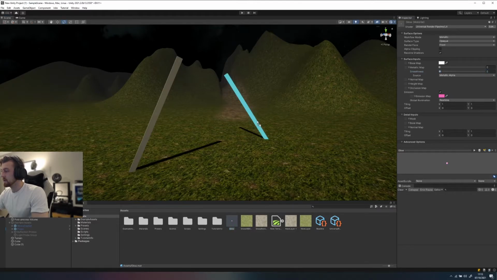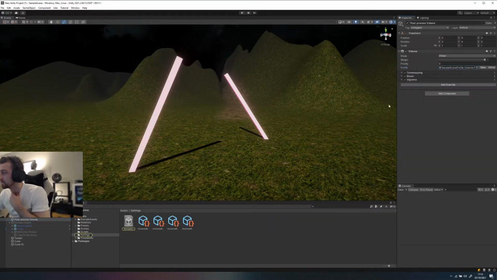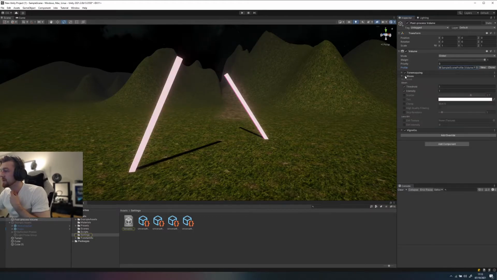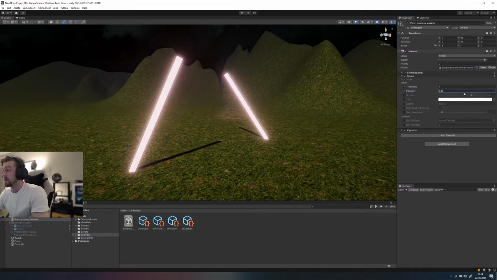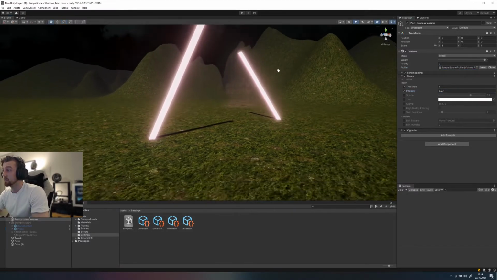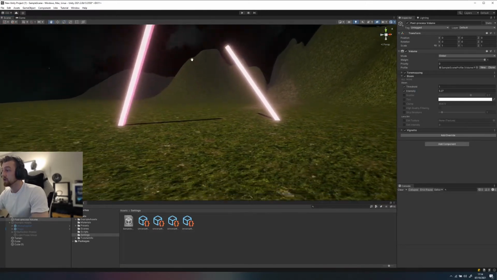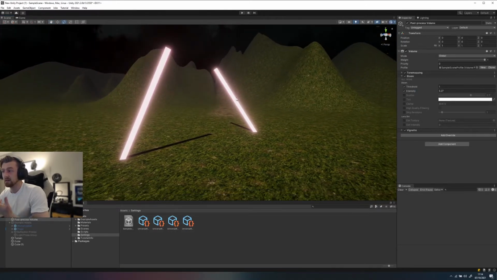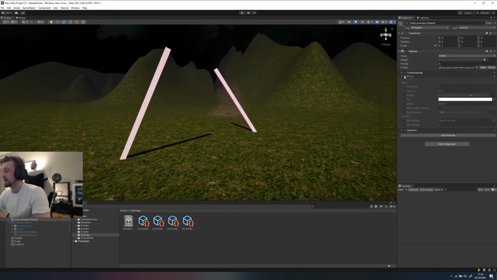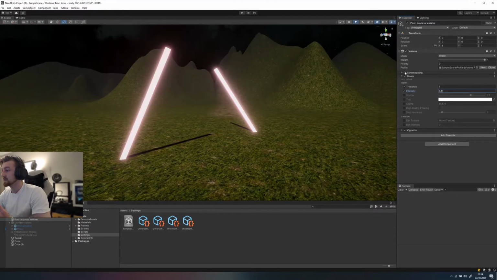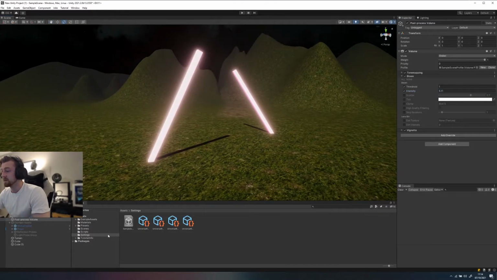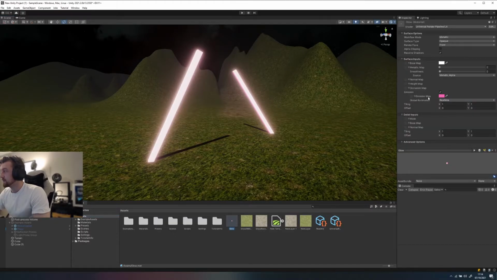So we now have this glow material. If I drag and drop this onto here, you can see it kind of glows a little bit. If we went back to our post-process volume, and under bloom, disabled bloom, you could see it doesn't really glow that much. This is because bloom is going to basically apply the emission effect to our post-processing on the camera. And it's quite cool because it does look much more interesting and visually stimulating than it would when it's disabled. You'll find that a lot of times people just throw in bloom and it makes the scene look significantly better. One thing I am going to do though is under glow, I'm just going to make this a little